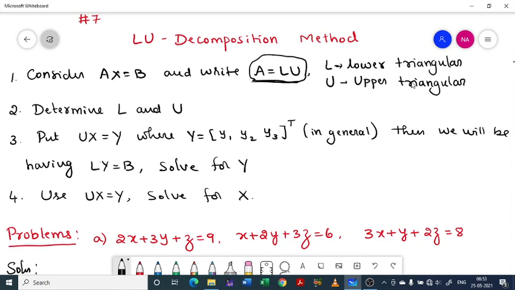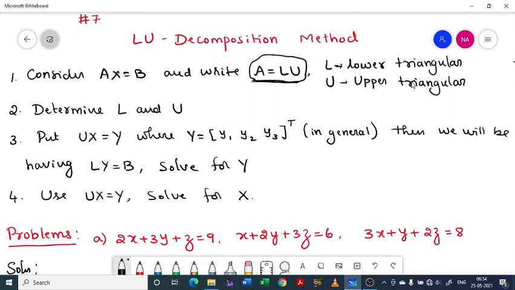So writing a given matrix, that may be any matrix, usually we take a square matrix. Writing a matrix as a product of different matrices is one of the most important concepts for you. Here we have A as a product of two matrices. There is one more method, where you can write A as a product of three matrices. And there are different ways of writing this A, any arbitrary matrix, as a product of two matrices.